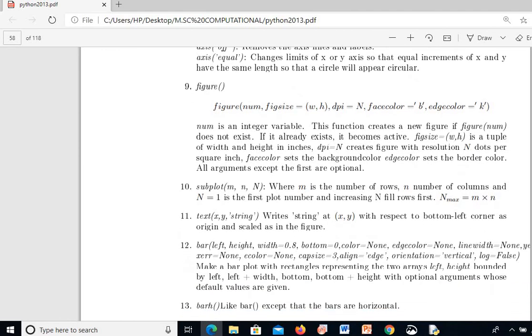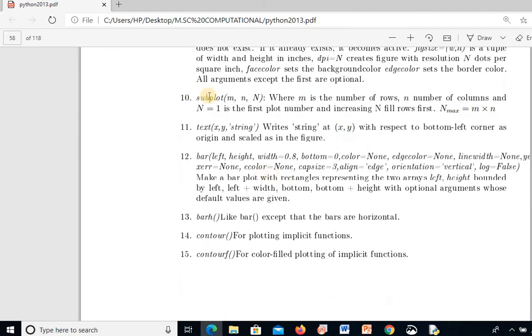I can use the function subplot, meaning in a single page itself you can have 3 plots, 4 plots, 5 plots, etc. And I can enter text in any region of your plot. I have to give the x and y coordinates and what text is to be printed there. While doing the program, you can understand it.